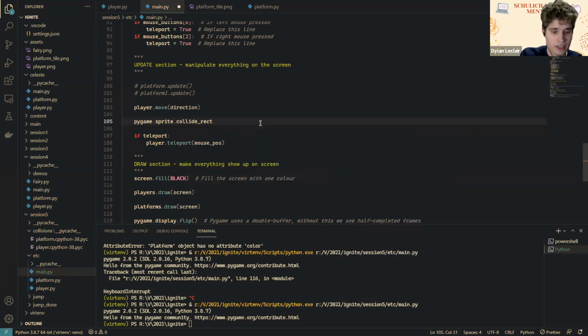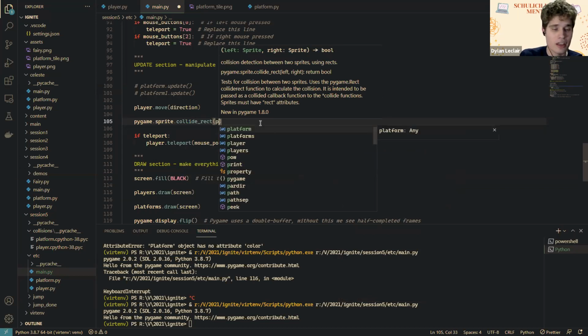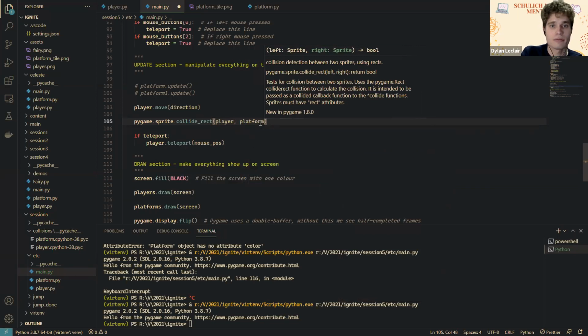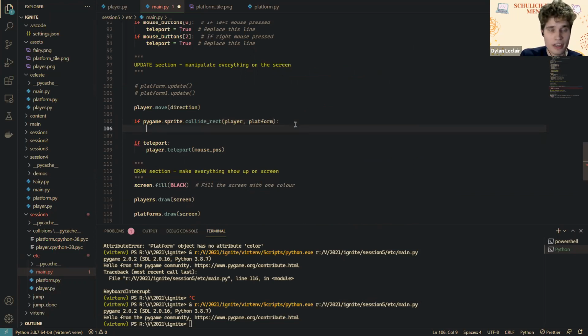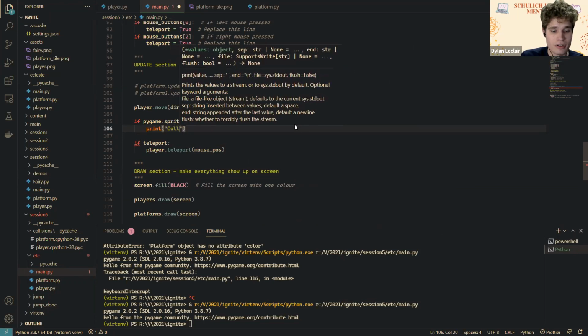Collide rect, yep. And then we're just going to pass in the two sprites that we want to check. In our case, this is the player and our platform. And then this is a Boolean, so it's going to be true or false. So we can just throw in an if statement, and that way, any code that we want to run, we can just add to this if statement. And in my case, I'm just going to print collision